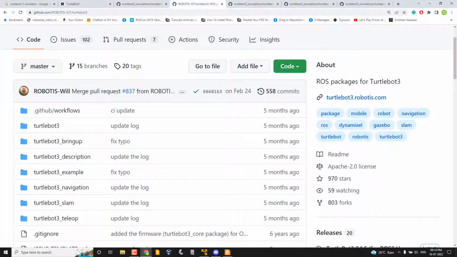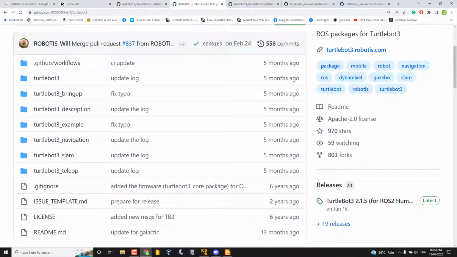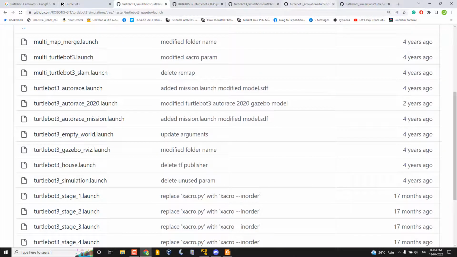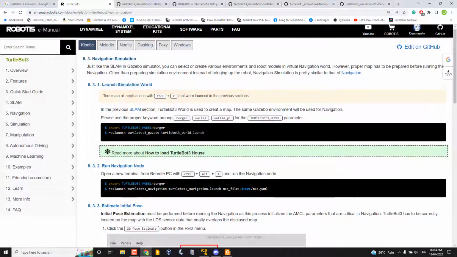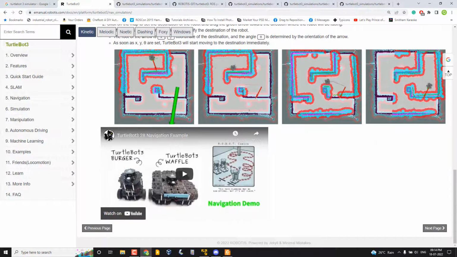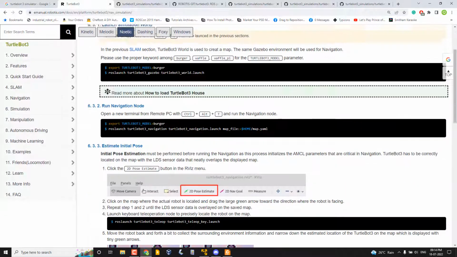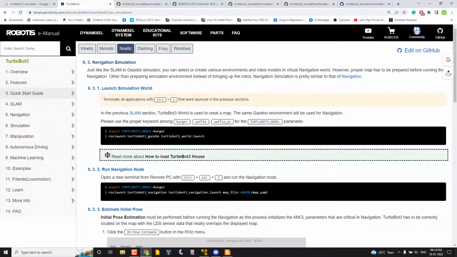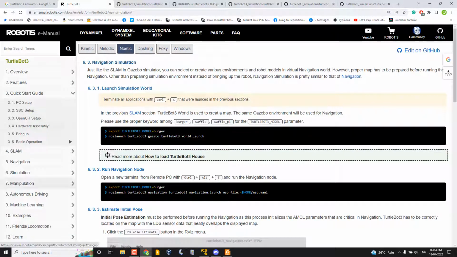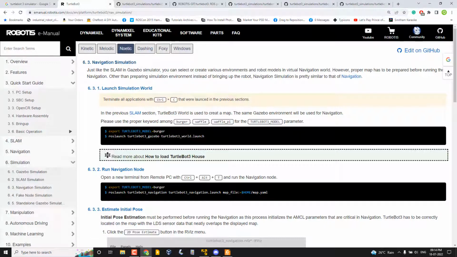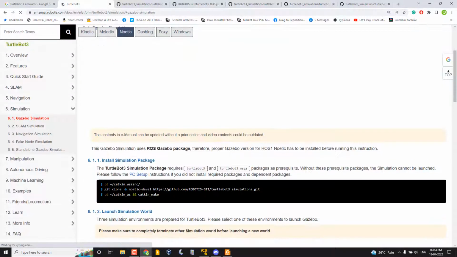Okay, so in order to set up the navigation for TurtleBot 3, there are two repositories. The instructions for setting up are all given here, but I can mention the idea. Also it will work with different ROS versions. So if you are working in Noetic, just change to Noetic, and then you will get the updated instructions. For simulation there is a tab here. So in order to work with the simulation,